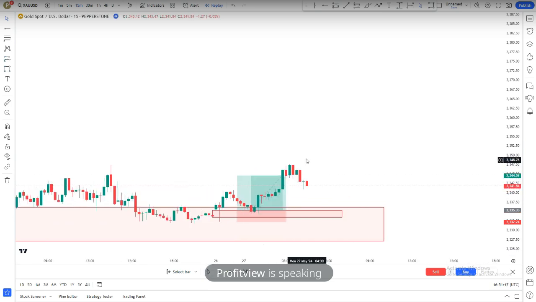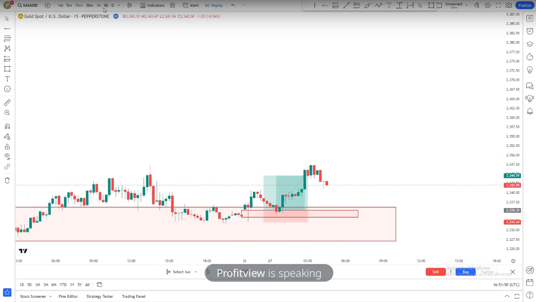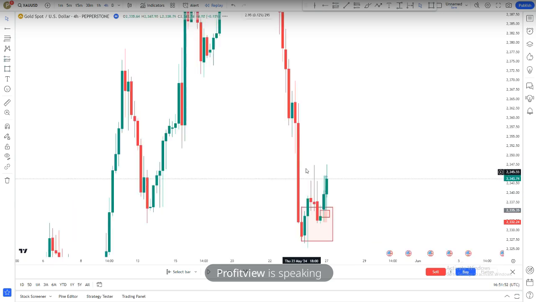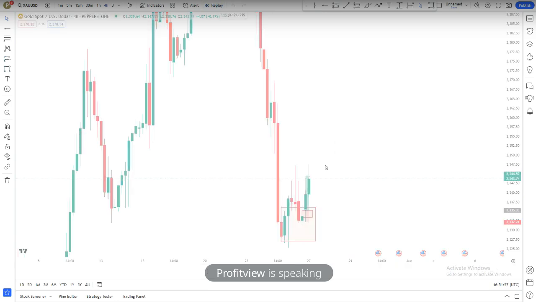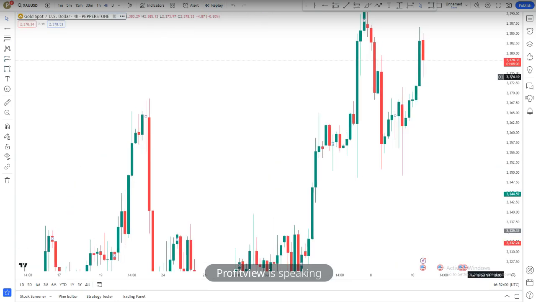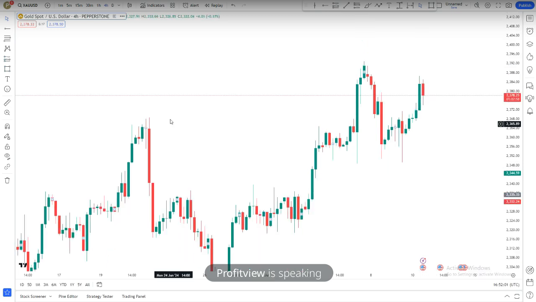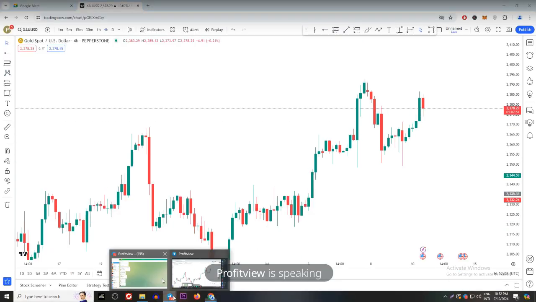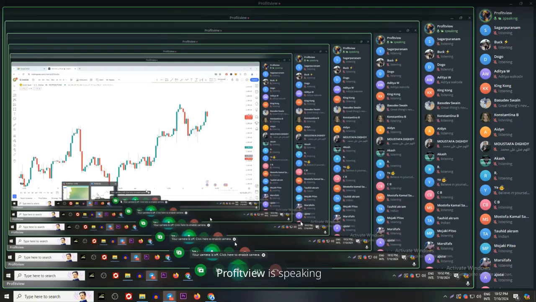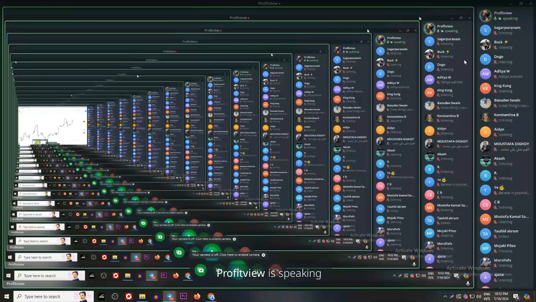So basically, literally every H4, whenever you see some engulfing created, if you do the same process, you can literally do repetition after repetition after repetition. So this is basically the full process, and I hope you guys have liked whatever I've shown you